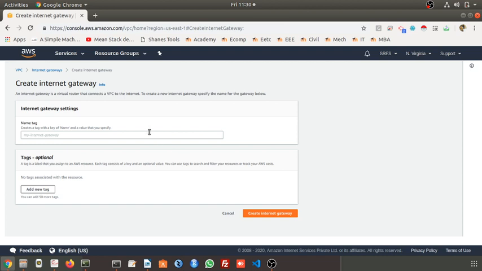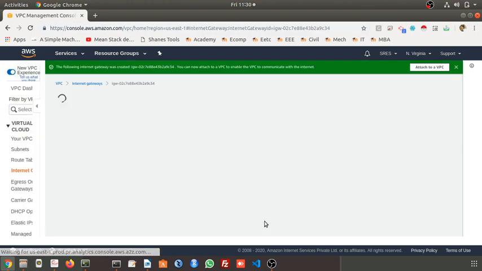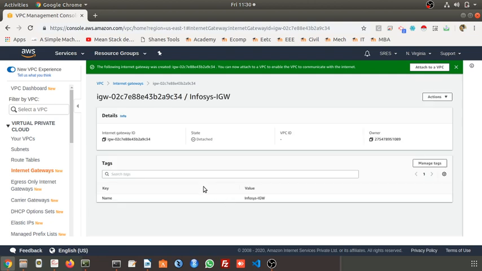Here give the name. I will give it Infosys internet gateway. Create it. It is created. You can see here.